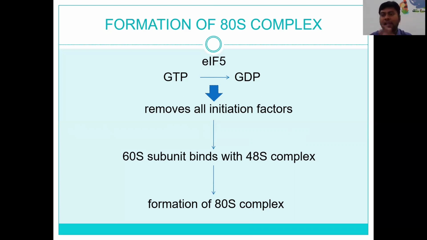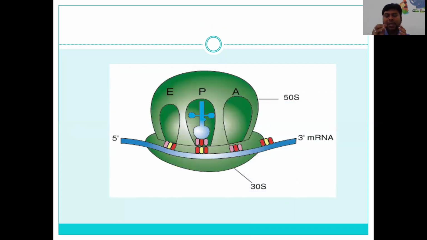The initial ribosome will be formed, but now the methionine and mRNA had been packed into it. So now at the end of the initiation phase, this is how the methionine tRNA and mRNA are assembled into the ribosomes. They are assembled in such a way that the 60S unit will close in such a way that the P site will occupy the methionine tRNA and the AUG codon. So this is how the ribosomes are assembled. The methionine tRNA and mRNA are assembled within the ribosome at the end of the initiation phase.